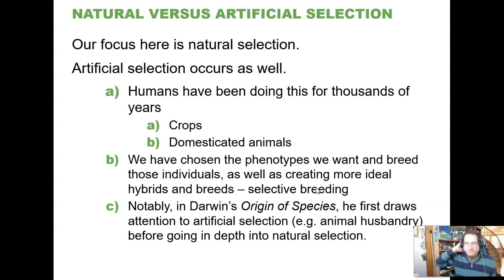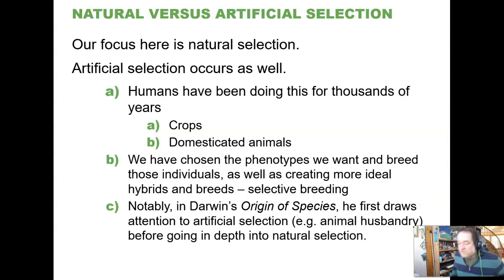All right. So first, let's look at this word selection. There are 3 different types of selection that occur out there: natural selection, artificial selection, and sexual selection. All of them are types of selection where some individuals have a better chance of reproducing and others do not. Natural selection is based on their innate abilities to get at food and to survive long enough to reproduce. Artificial selection, people decide who reproduces. And in sexual selection, the potential mate or competitors for a mate, depending on the particular form of sexual selection, determine who gets to reproduce and who does not.